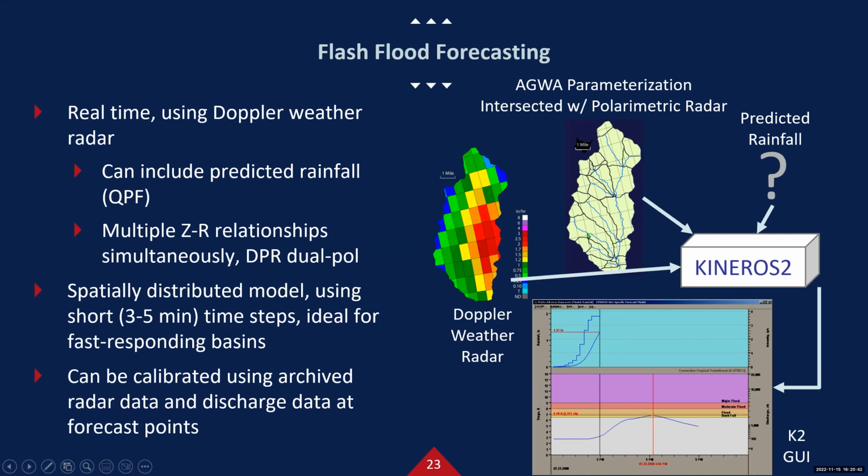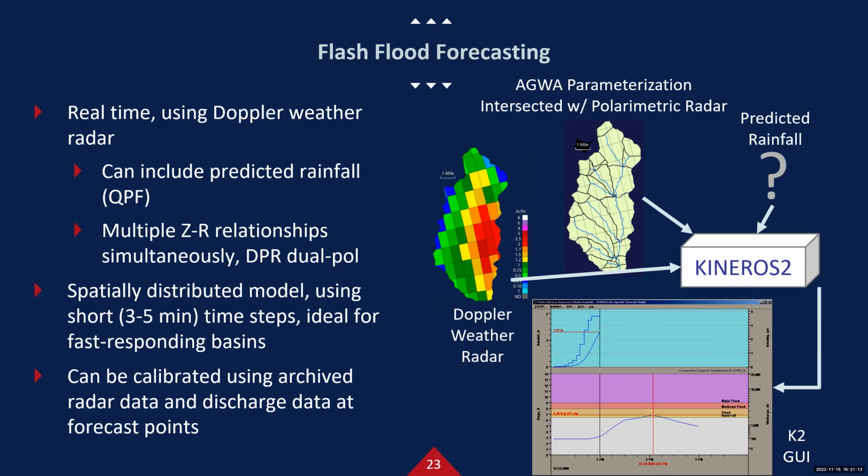So again, we're intersecting multiple rain gauges, if you will, with the model element. And we can figure out a weighting scheme if 40% of this pixel is in this element, 60% in the next element. We've worked all of that out,